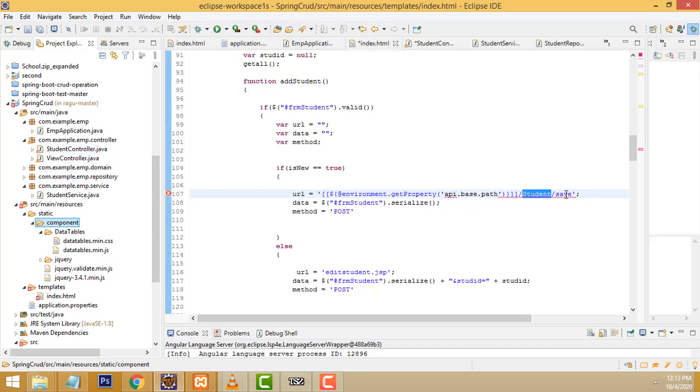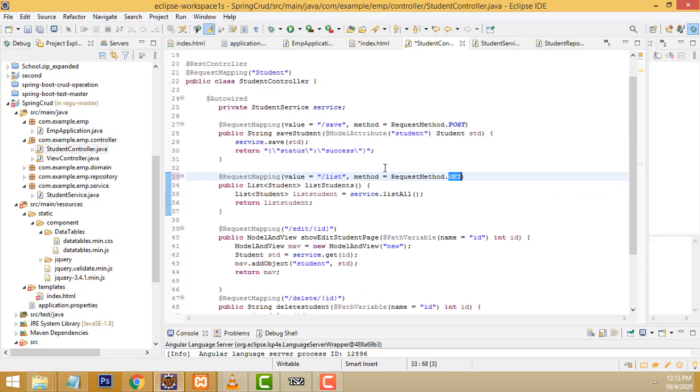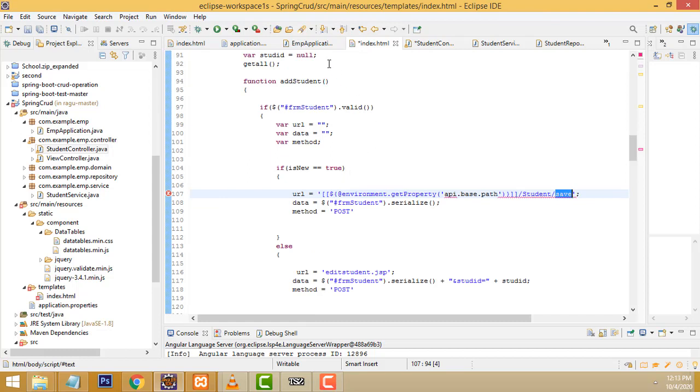Inside the student controller, there will be the action method called save, right? Here inside the student controller, this is the student controller we are now going to. When you click the add button, the link goes to the student controller, right? Here, this one. When you click the add button, it's coming here.